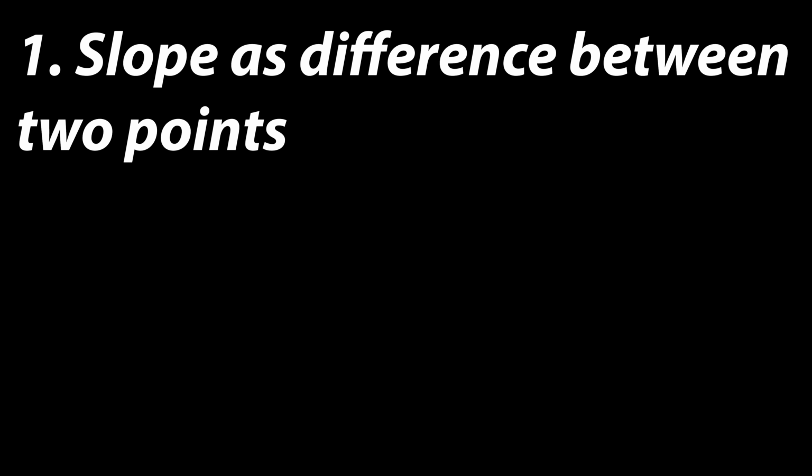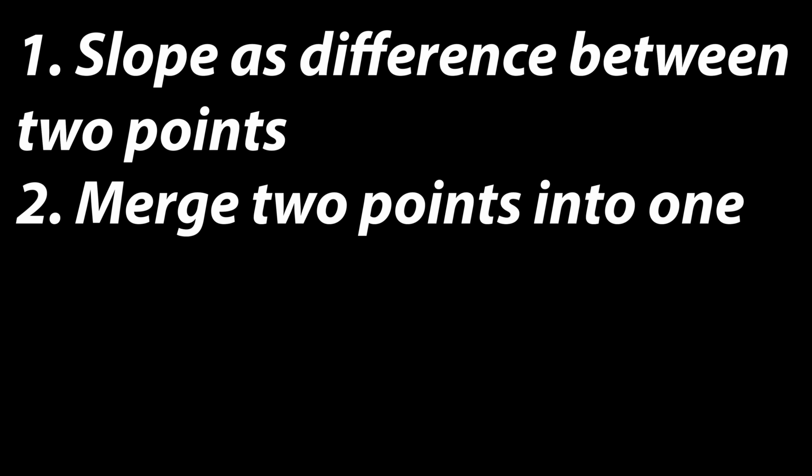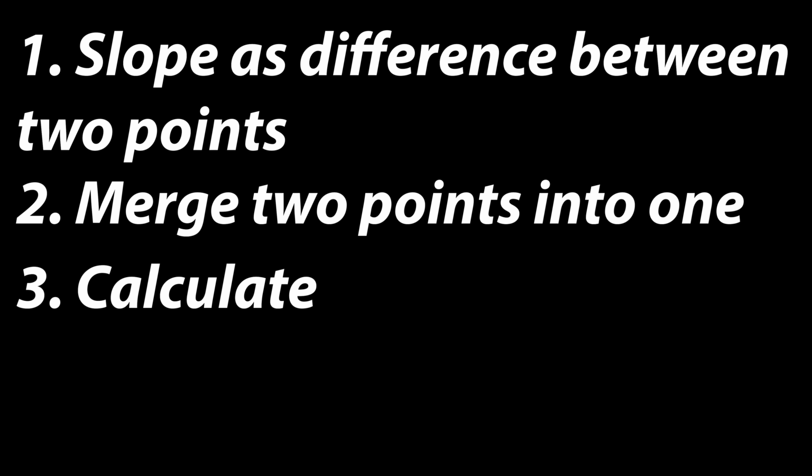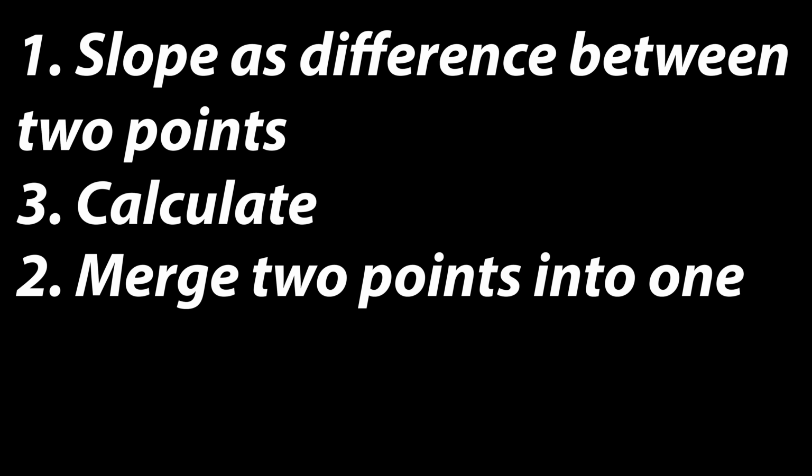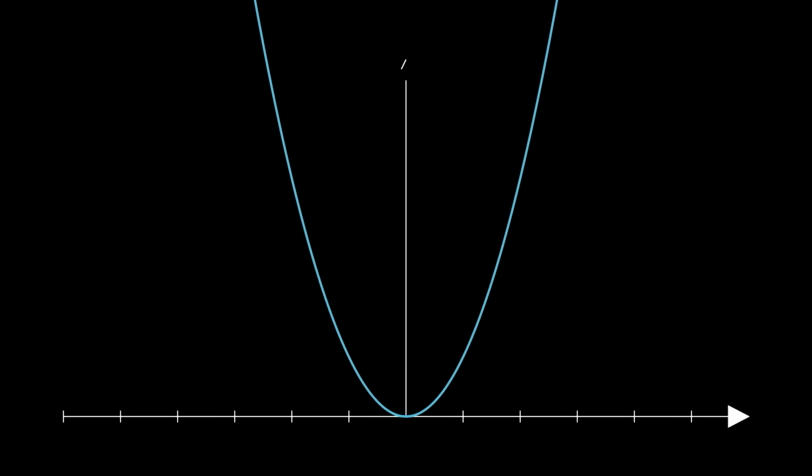Well, let's take a closer look at what we're basically doing over here. Since we define slope as the difference between 2 points, we start with that definition. We reduce the number of points to 1, and then we calculate. But here's the thing, what if we try to do it the other way around? In order to get what that means, let's try it with an example. First, we'll consider a function. f(x) is equal to x squared. Now, let's try it the flawed way first.